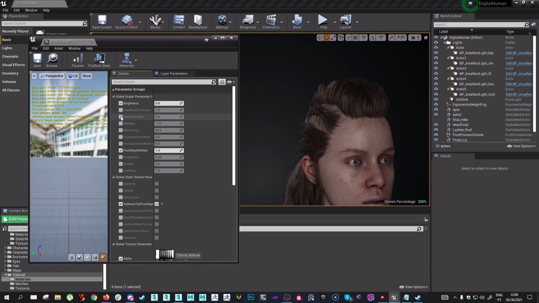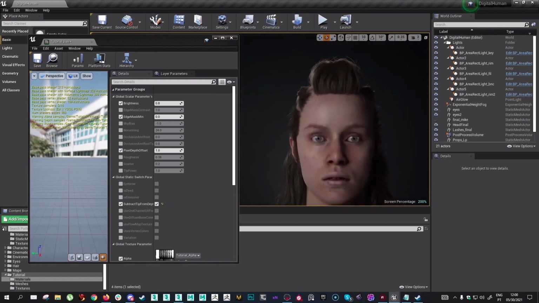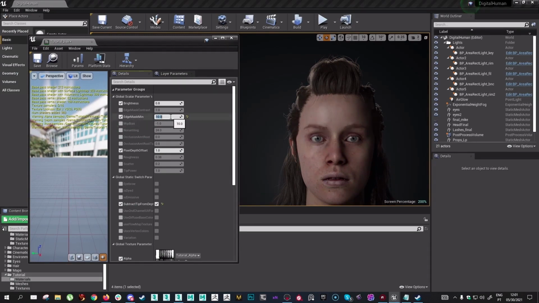The edge masking, it's basically this process here. So if you take a look, it's quite transparent here on the sides, because on the edge it's being masked. So if we click here and put it to like 10, you can see that suddenly all the hairs come up. Okay, we don't want to have it like this as well, because it just gets too thick, I guess. So I guess a good value would be like 1, or in this case, let's just go with 0.7. And so we have a bit of transparency going, but at the same time we can see the